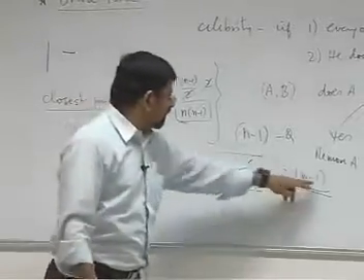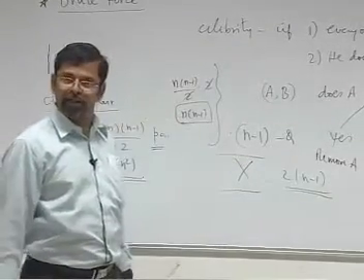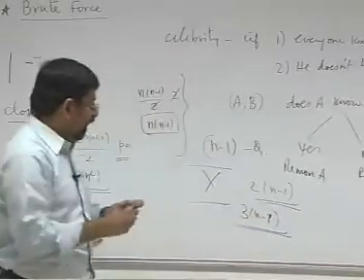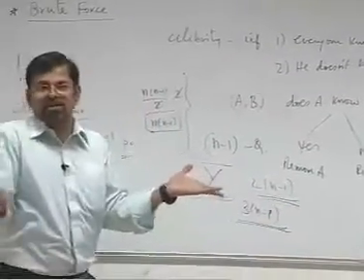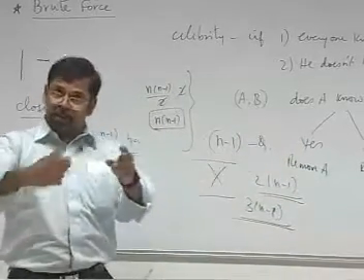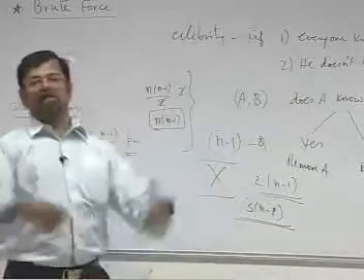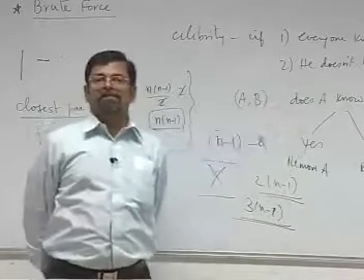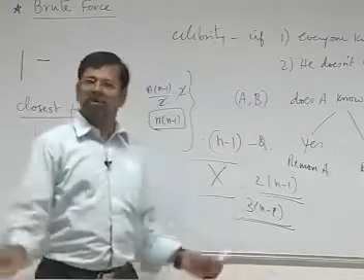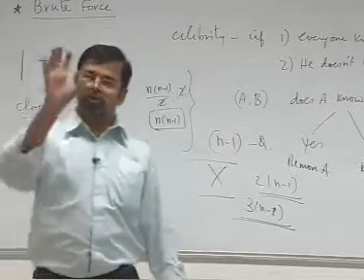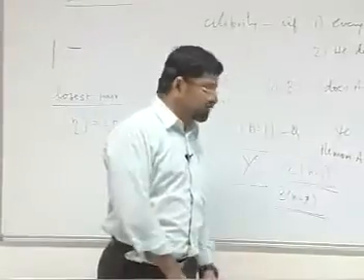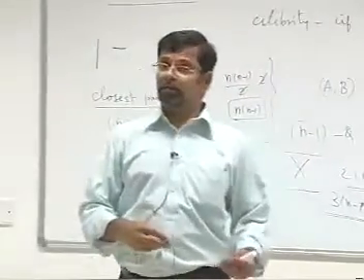So, with all the n minus 1 persons, ask 2 further n minus 1 questions, and in total, 3 into n minus 1 questions. If in any of these questions the answer turns out to be no, even x is eliminated, therefore, there is no celebrity. But if in all these questions the answer is consistent with these two conditions, x is finally declared the celebrity. Yes, there is a celebrity in that hall, which is confirmed, and that is this person. Otherwise, there is no celebrity in the hall. So, we could locate as well as confirm in 3 into n minus 1 questions, thanks to the decremental design.